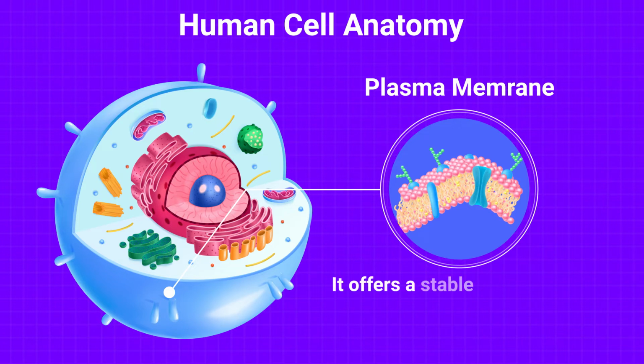Plasma membrane. A cell is protected by its cell membrane, also known as the plasma membrane. Additionally, it offers a stable environment inside the cell. And that membrane serves a variety of purposes. One is to move compounds that are harmful out of the cell, as well as nutrients into the cell.